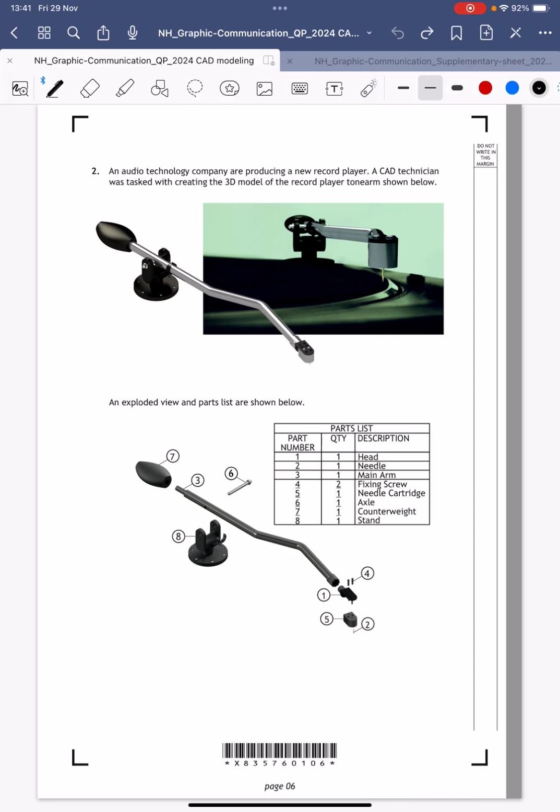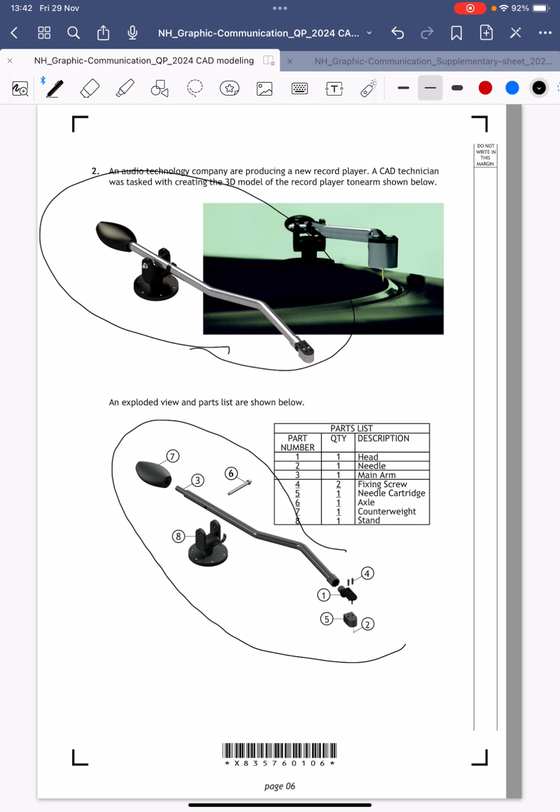We're looking at question 2 on the 2024 Higher Graphic Communication paper. An audio technology company are producing a new record player. A CAD technician was tasked with creating the 3D model of the record player tone arm shown below. So we've got the tone arm sitting on the page here and an exploded view